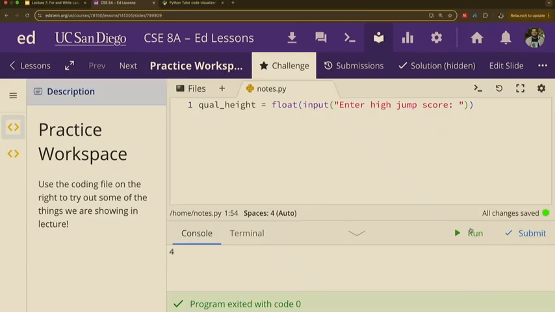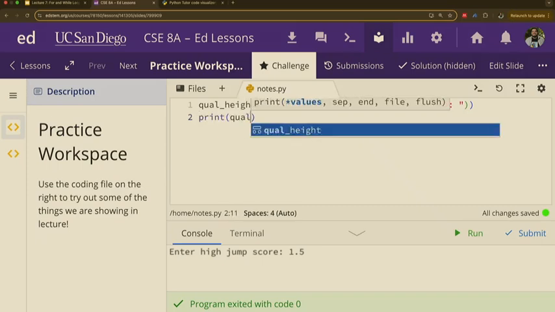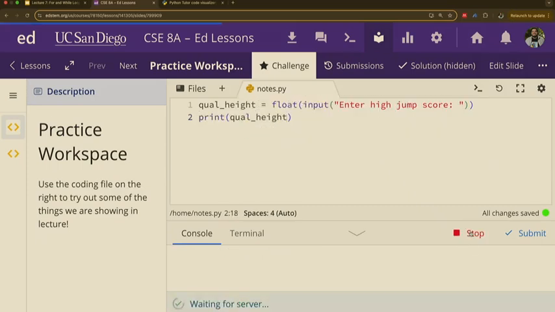Okay? So when we run that, enter your high jump score. Tyler, how high did you jump? How many meters? Maybe like 1.5. Wow, very good. Okay, all right, so our system so far works. There's no exit, there's no error, nothing. Because right now we're just asking, right? We're asking, what is the high jump score? We print it out, qual height, okay? High jump score, you said 1.5, great.